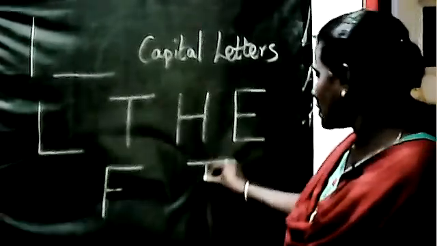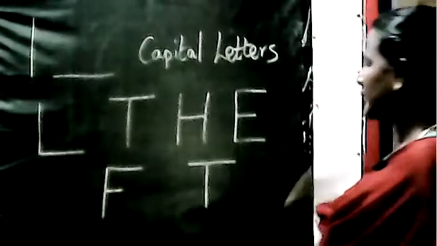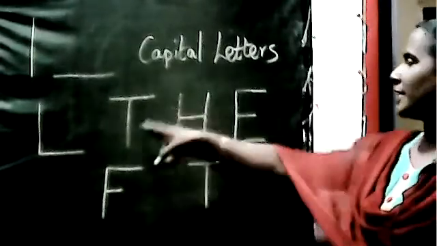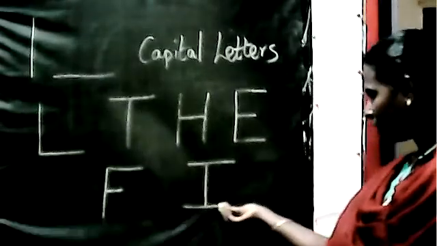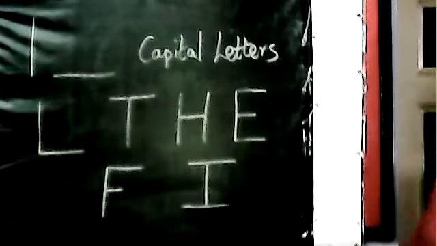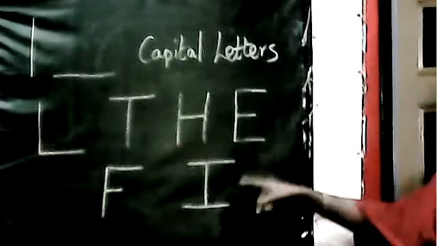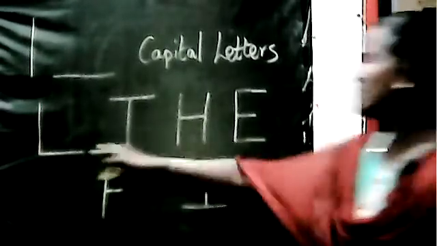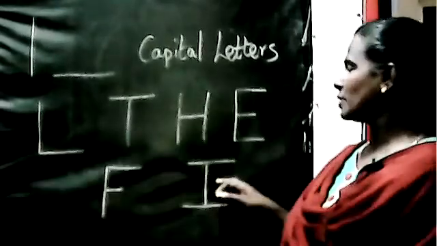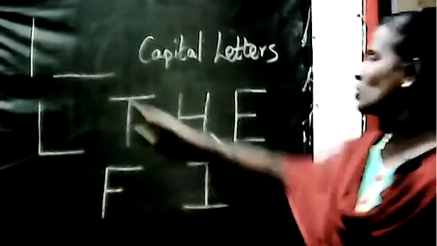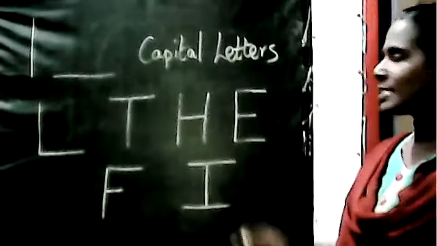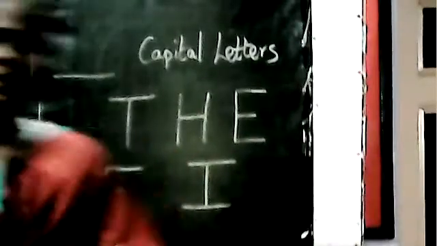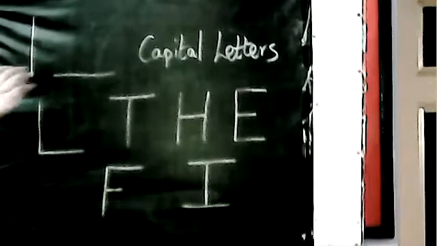Okay, now next, see here, there is a sleeping line. Now see, in the center you are drawing a standing line. At the bottom, now we are drawing a sleeping line. This is letter I. Okay, now these are the 6 letters which we learnt based on these two lines, standing line and sleeping line.